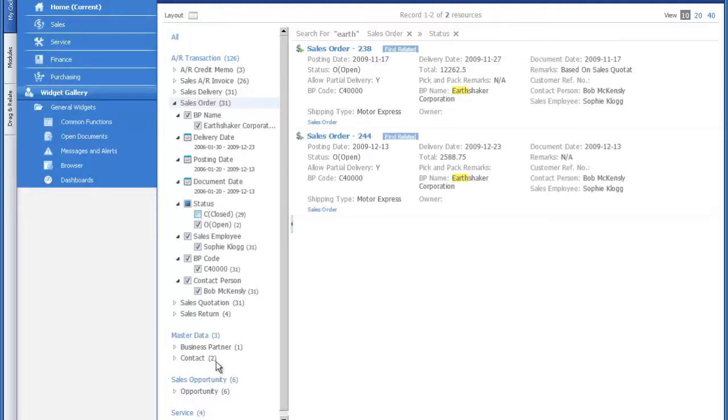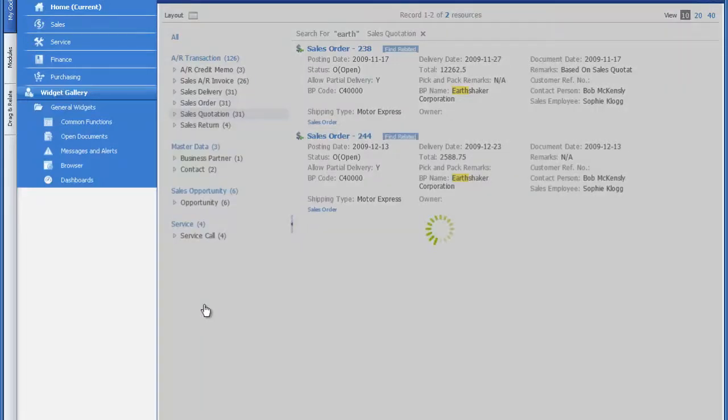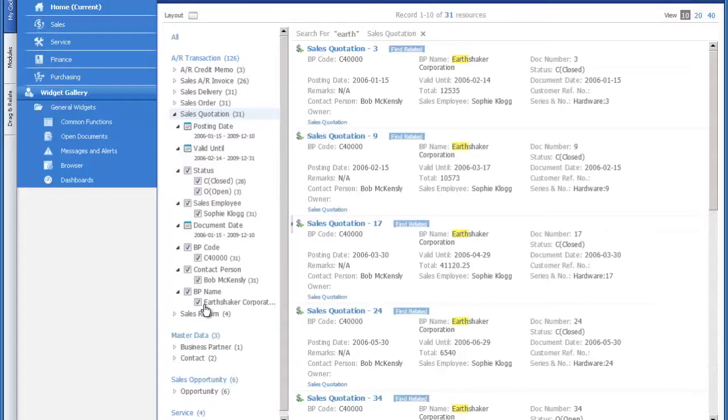I can still, from here, go back, and if I want to look at my opportunities, or my service calls rather, or the sales quotations, I've got the full capability to do that. Let's have a look at some sales quotations. So I'll select that. Now I'm looking at my sales quotations, and again in this particular instance I want to